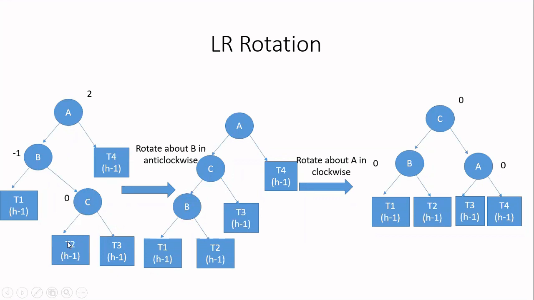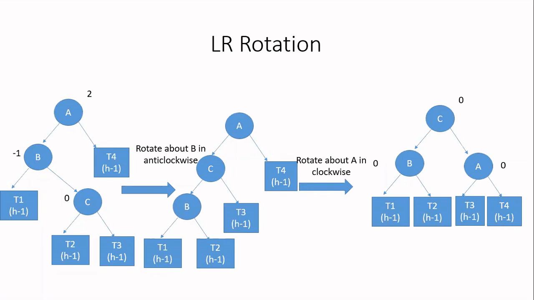So where will this T2 be connected now? It can be connected to the node B. You are pulling the node B down, and when you pull it down, it will have only T1 connected with it. So what you have to do is move this T2 to node B as the right child. When this is done, I have done the rotation about the node B in the anti-clockwise direction. So I have converted LR rotation into LL imbalance. This is the first rotation we have done, and one more rotation is pending. How to handle that rotation?